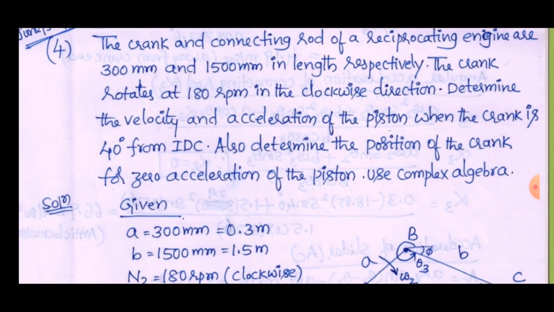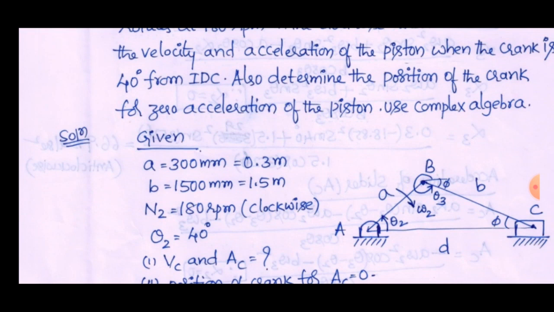Next, the crank rotates at 180 rpm in the clockwise direction. So N2 is equal to 180 rpm, and in the bracket, don't forget to write clockwise because it is rotating clockwise. And next,